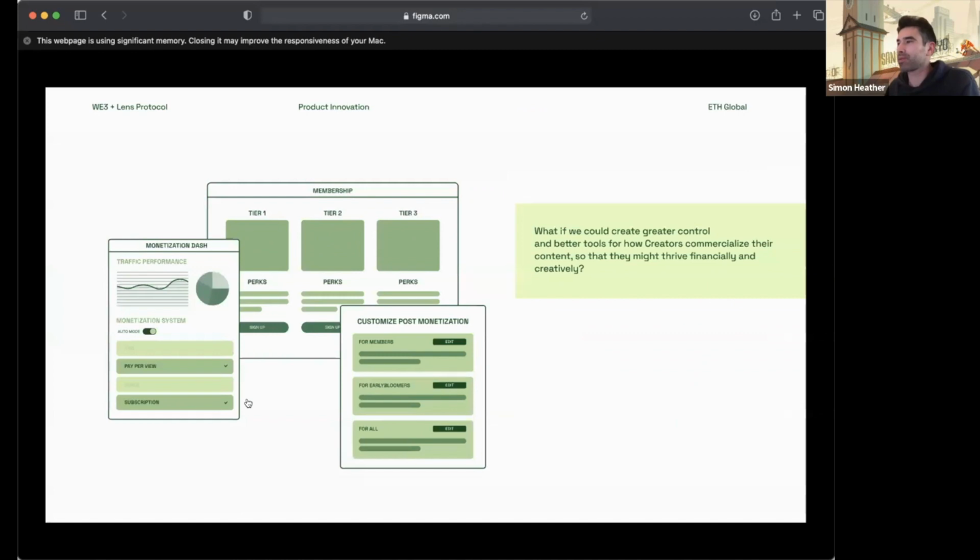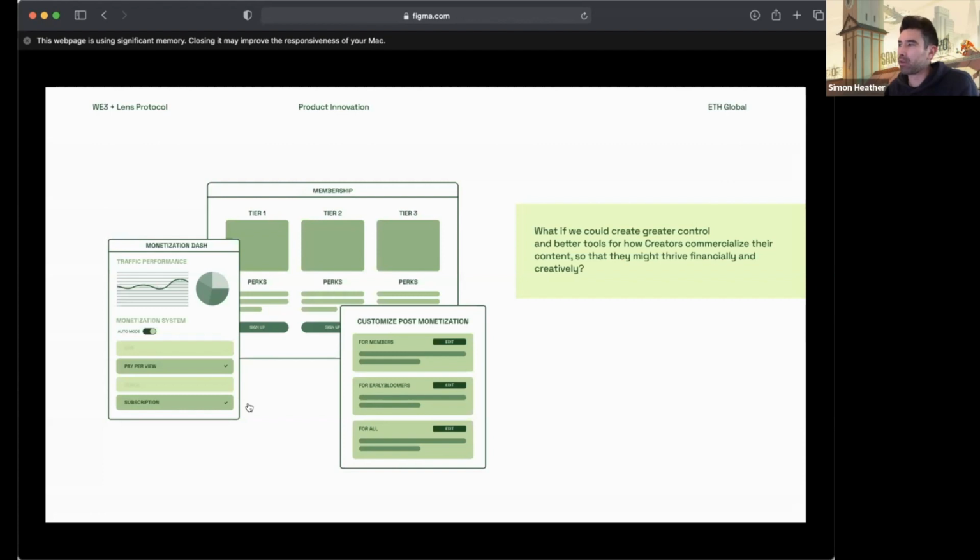So this one's really about monetization or commercializing content, and this is something that I think bugs a lot of creators today. It's very difficult to find a way to have a viable, sustainable living on Web2 social media. There's always a few issues at play. Platforms take a large cut of any profits you make anyway. But also creators aren't always free to focus on their content, because they have to worry about